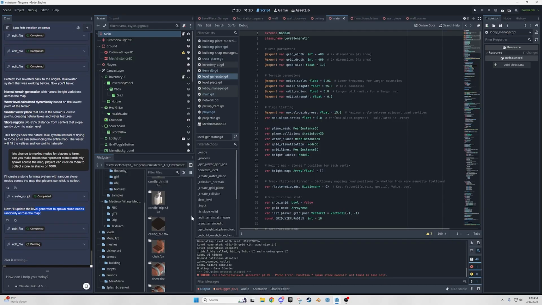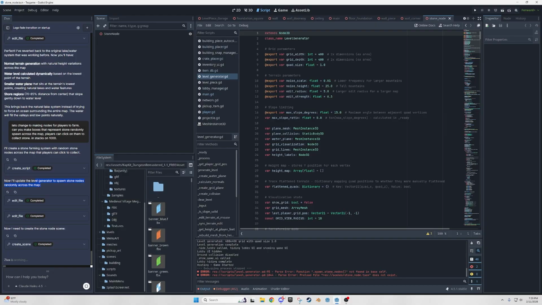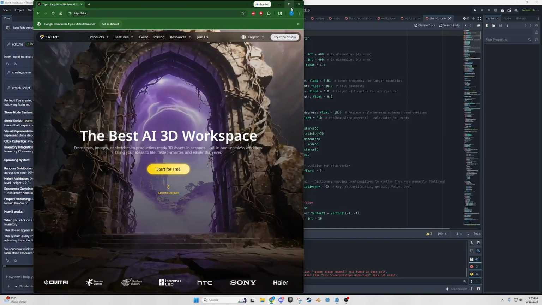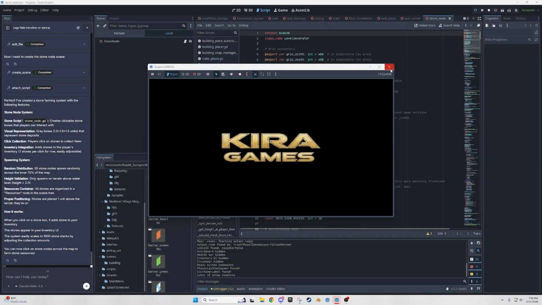Because one of the biggest things that I'm noticing is 3D assets is going to be huge. Now, I got pointed in the direction of Tripo, which is very cool. I could probably pull that up if I wanted to. Tripo3D.ai, that is where you can use prompts and AI to make assets.